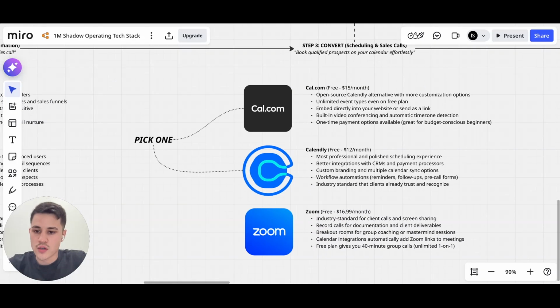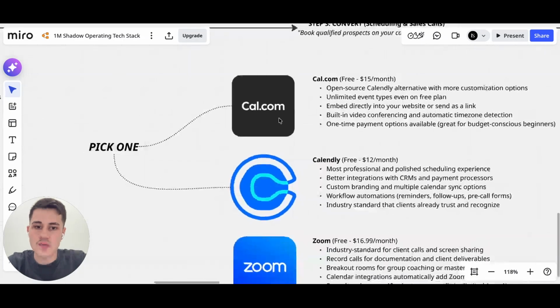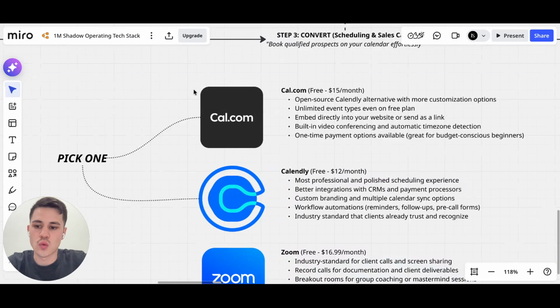So once they qualify in your Typeform, you're going to want to redirect them to one of these calendar booking softwares. And the reason why you want to use one of these is because you don't want to have it super manual where you got to go back and forth with the prospect, organizing a time, different time zones, getting it into your calendar, connecting that to Zoom. Like there's so many little headaches that these softwares will solve for you and just save you so much time,